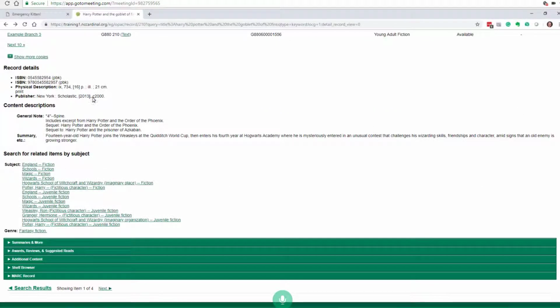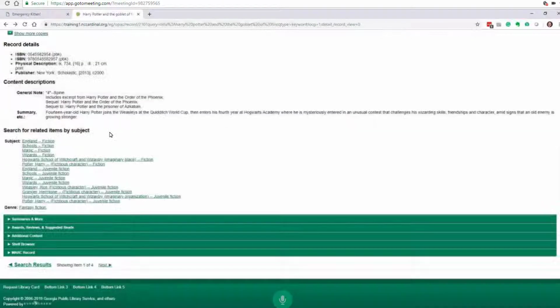Continuing down, we get more information from record details. So again, from the MARC record, all of these things are drawn from that. For content and other details, subjects, and you could click ahead to any of these subjects, just like when we were looking at the facets on the browse results page. So I could see other results that were similar. And then you have some other things down here. If there were more information that you might find with summaries,